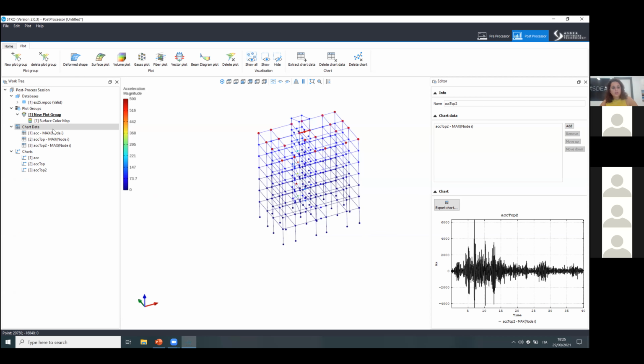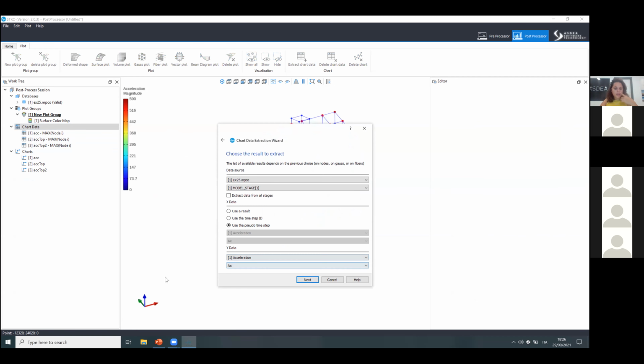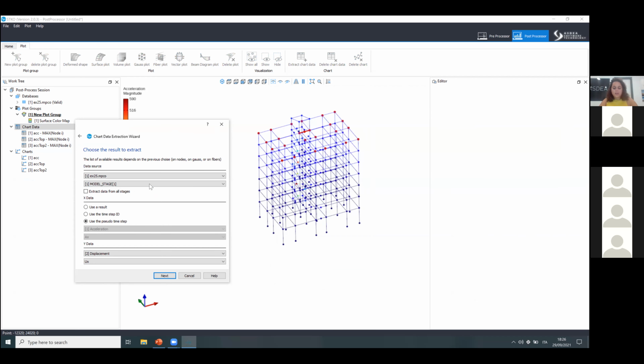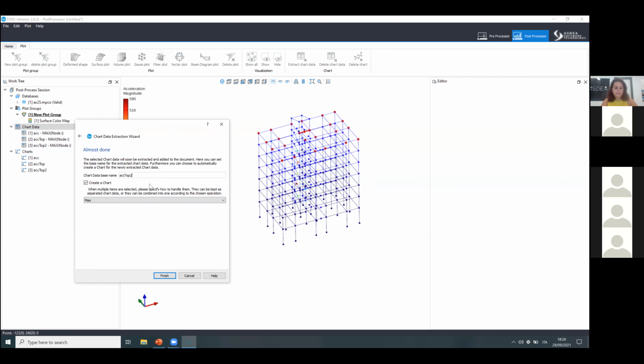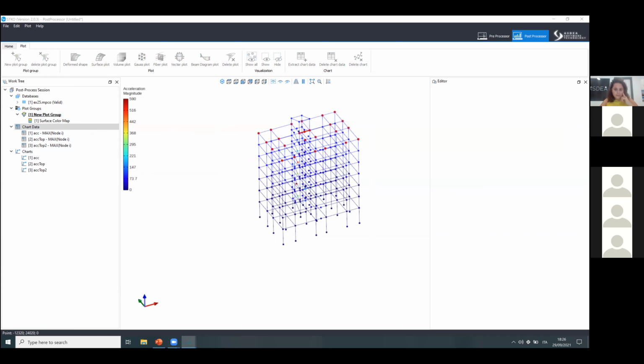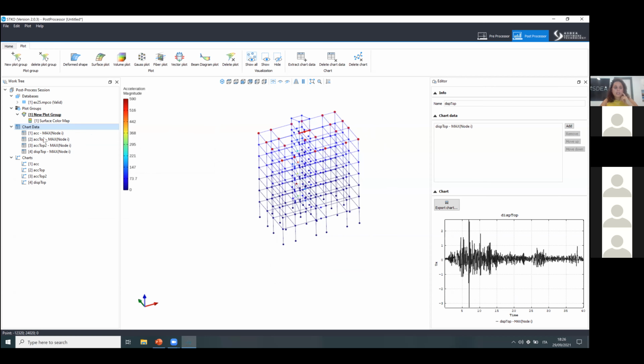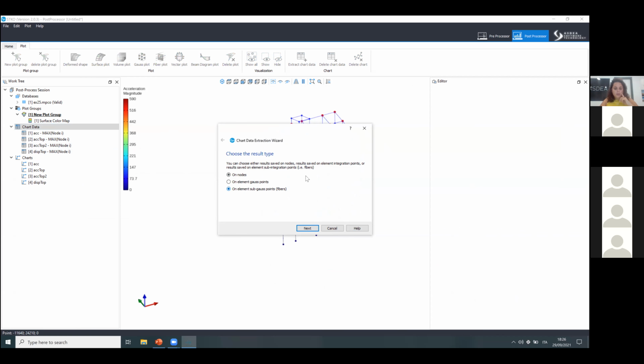And also in terms of displacement, I can do the same thing, extract the displacement in the x direction from the second stage of my analysis. And like this, you can extract other types of data. For example,